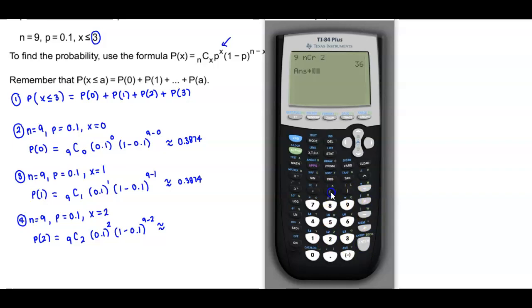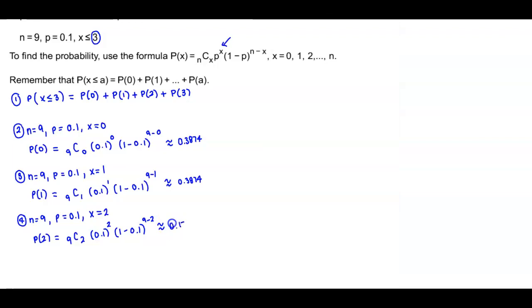Now we're going to multiply that by 0.1 raised to the second power. And then we're going to multiply that by 1 minus 0.1, and we're going to raise that to 9 minus 2, which is 7. And that gives us approximately 0.1722. Okay, and then we're going to take n, which is equal to 9, p is equal to 0.1, and